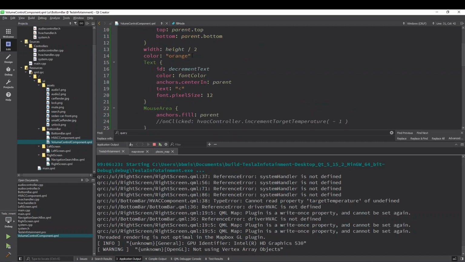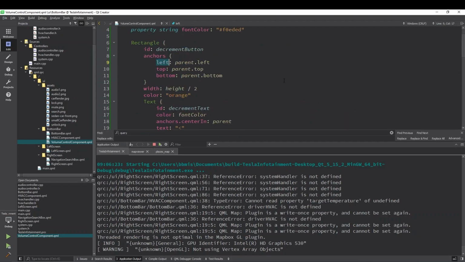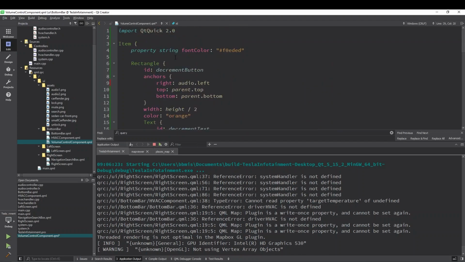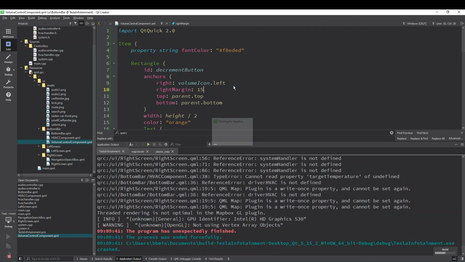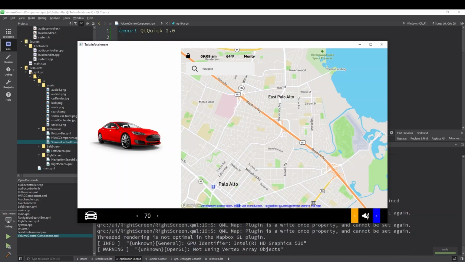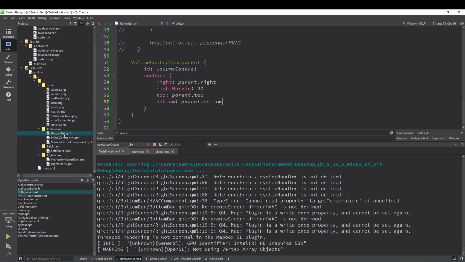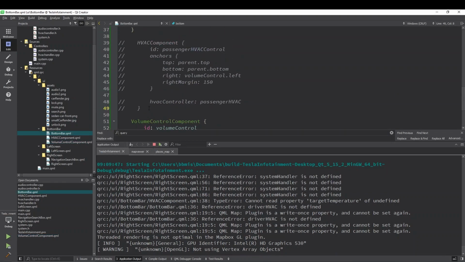And then for the decrement, let's go ahead and set the anchors right to our audio icon. What do we call it? Volume icon. Volume icon dot left. And then we'll do a right margin of 15. Now let's see how that looks. All right, so now we can see here we have our volume icon, we have the decrement and increment buttons. So that's good. Let's go ahead and add the HVAC control back in right here,